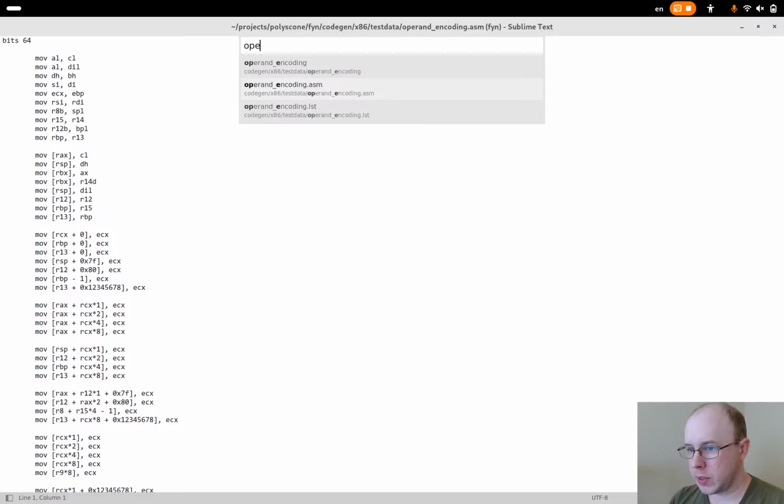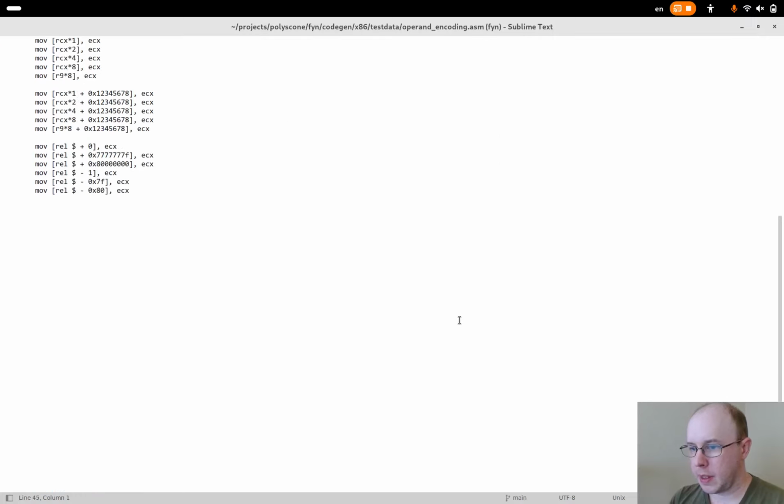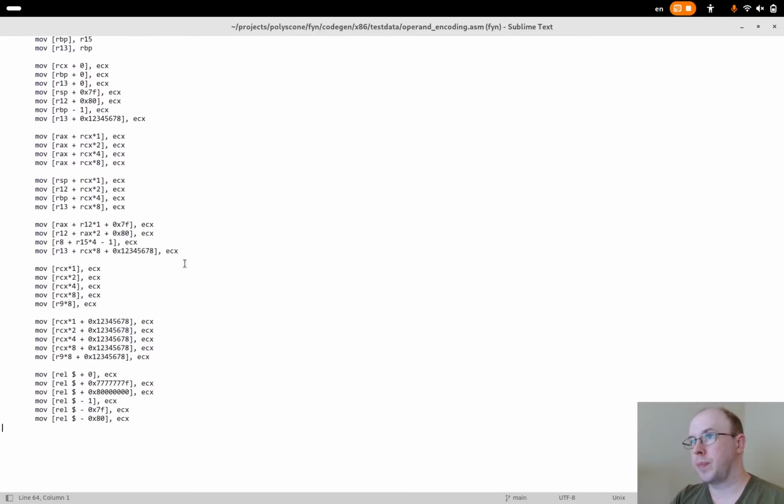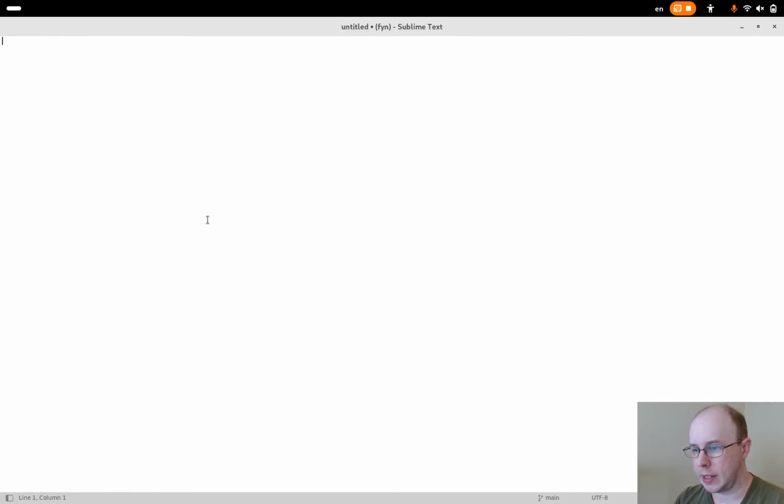Okay, so now I want to start working on the encoding for flipping around the operands. So for example, allowing memory access in the source position. But I also want to start making the emit function a bit more generic so that I can just select, for example, the form of an instruction and have everything related to that instruction on the form. So maybe actually I'll start with that instead.